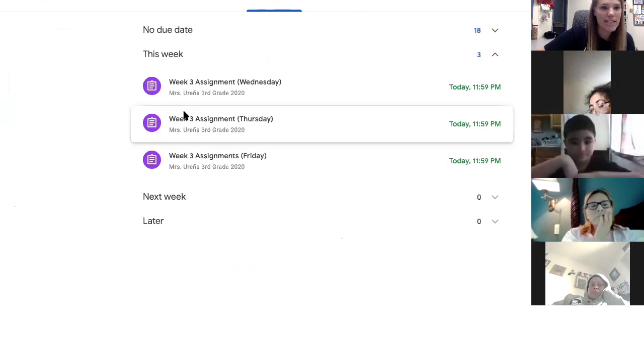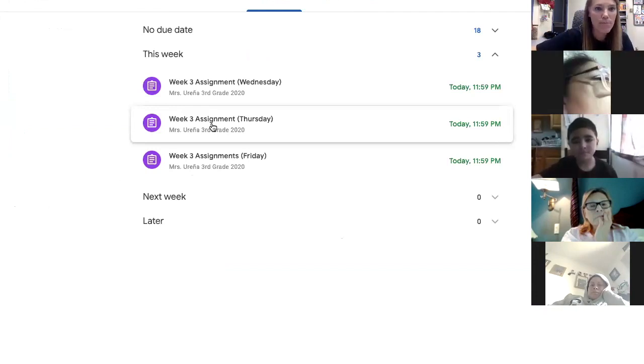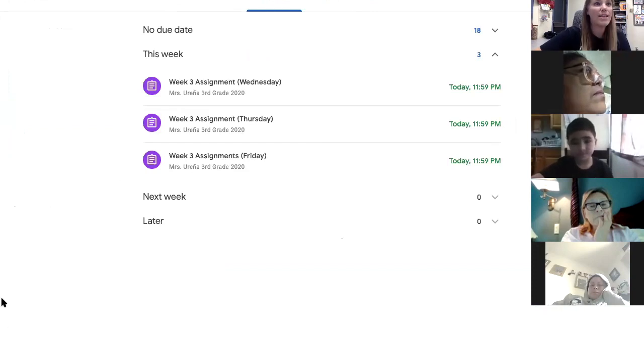So it basically is just another view of seeing anything that's left unsubmitted, right? These are the same things that you were able to access from the classwork tab, but it just keeps the things that weren't yet turned in. So it takes away everything else and just leaves those ones that weren't turned in. Okay, so that's again under to-do list.